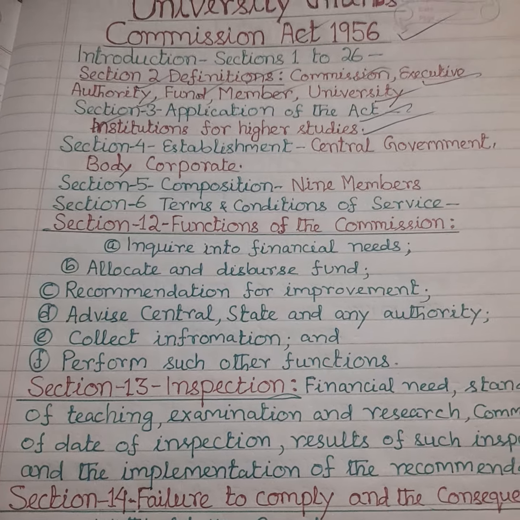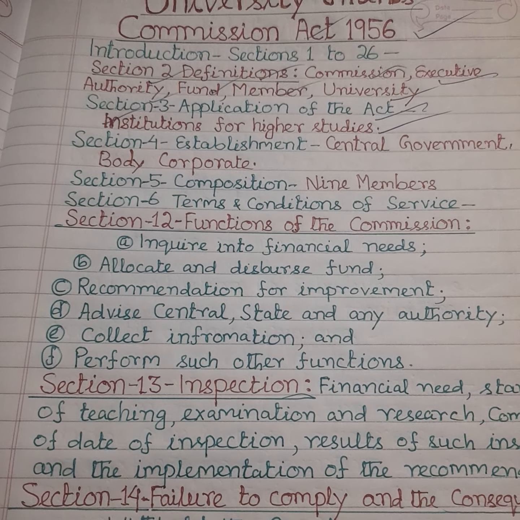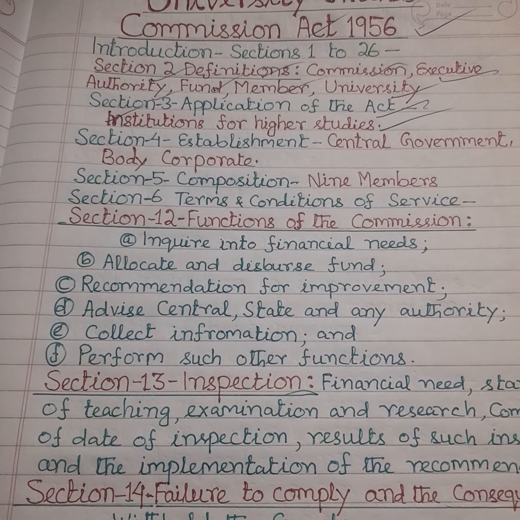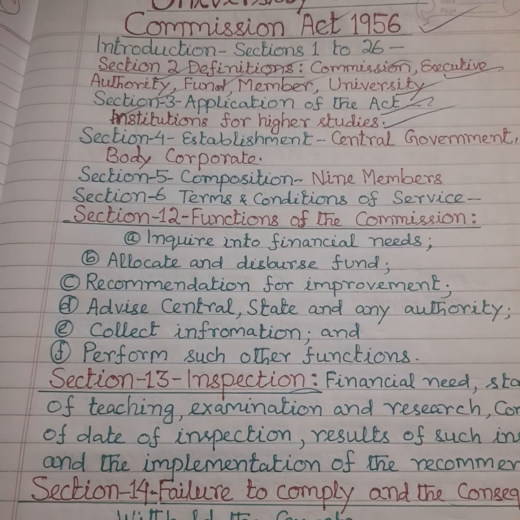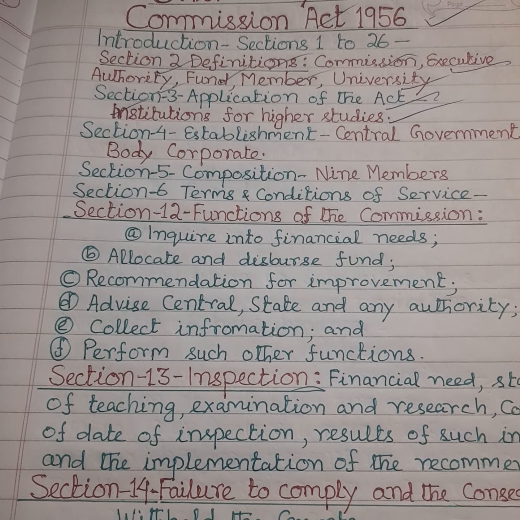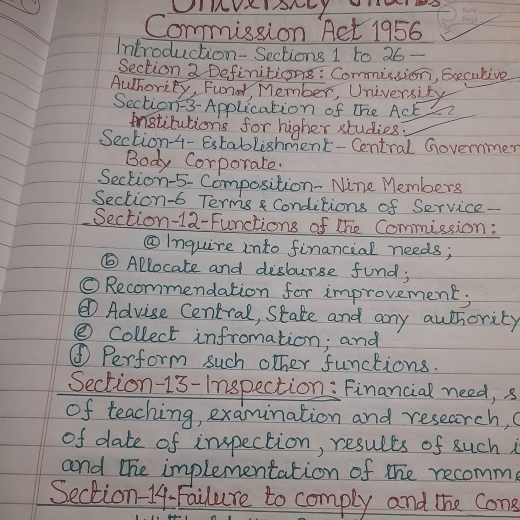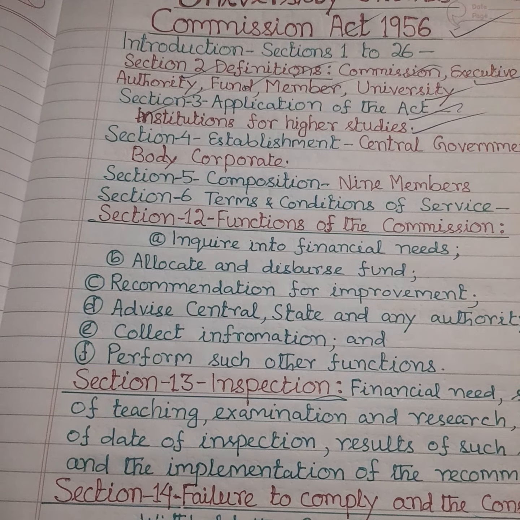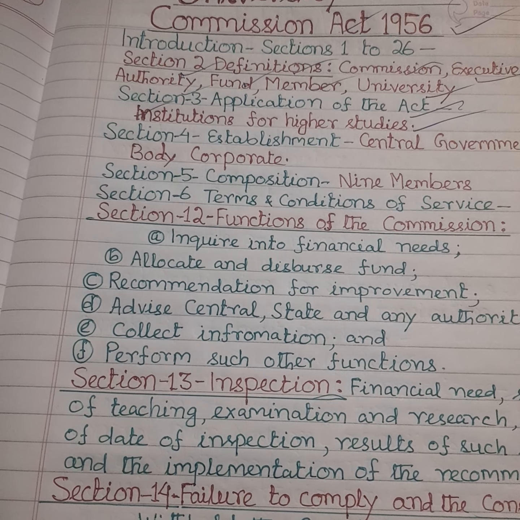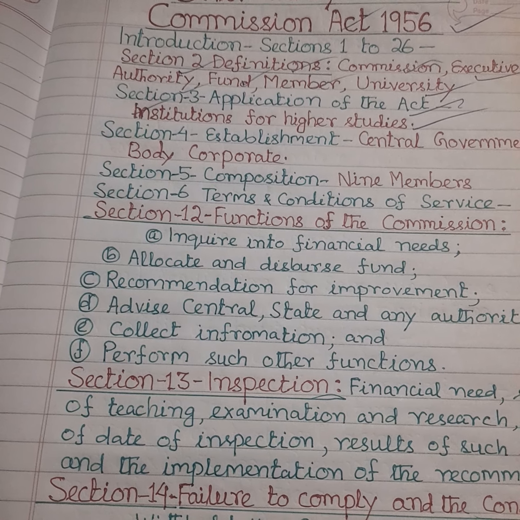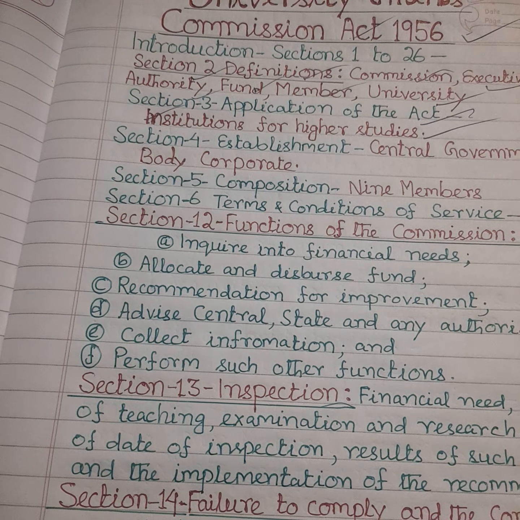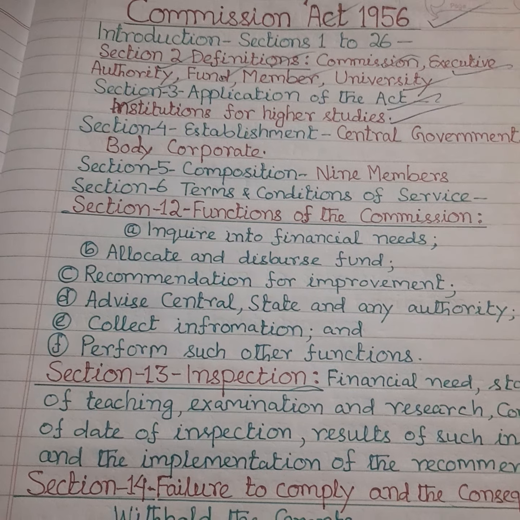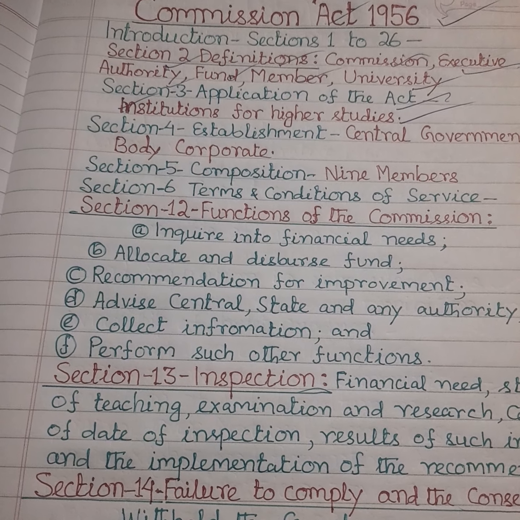So the central government may, on the advice of the commission, declare by notification in the official gazette that any institution for higher education be deemed to be a university for the purpose of this Act, and on such a declaration being made, all the provisions of this Act shall apply